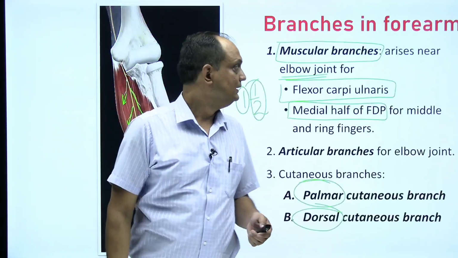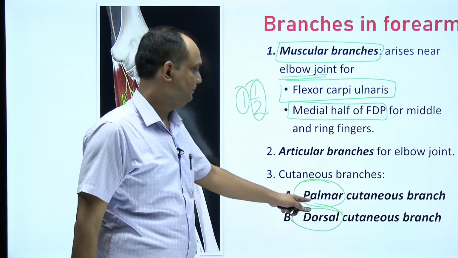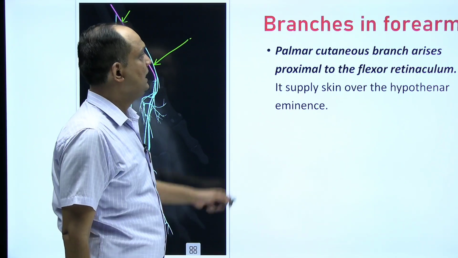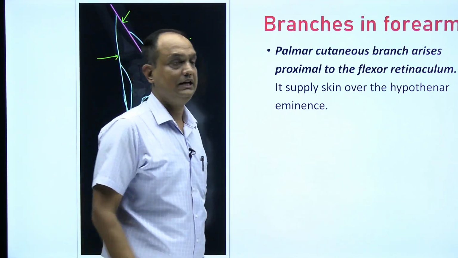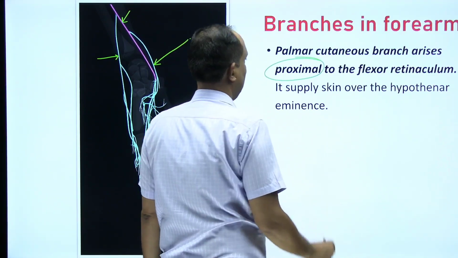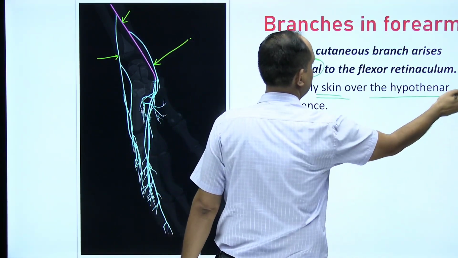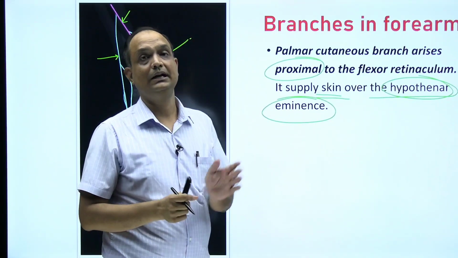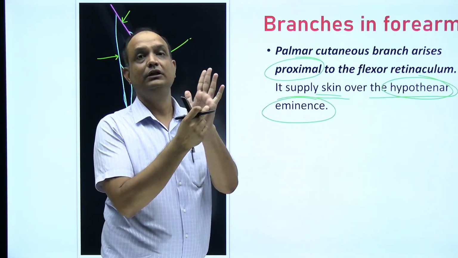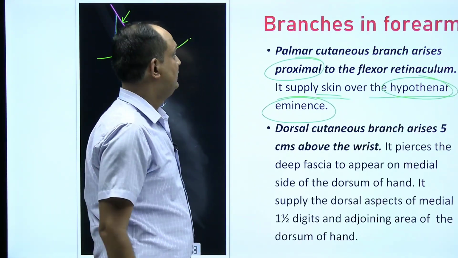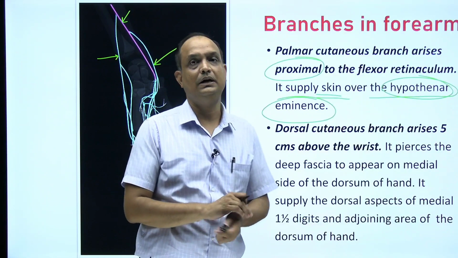So when you see the branches of the ulnar nerve, there is a palmar cutaneous branch, another is a dorsal cutaneous branch, and the palmar cutaneous branch arises proximal to the flexor retinaculum and it supplies the skin of your hypothenar eminence. Clear? So where is the hypothenar eminence? This area at the base of your little finger is known as the hypothenar area. Now the dorsal cutaneous branch